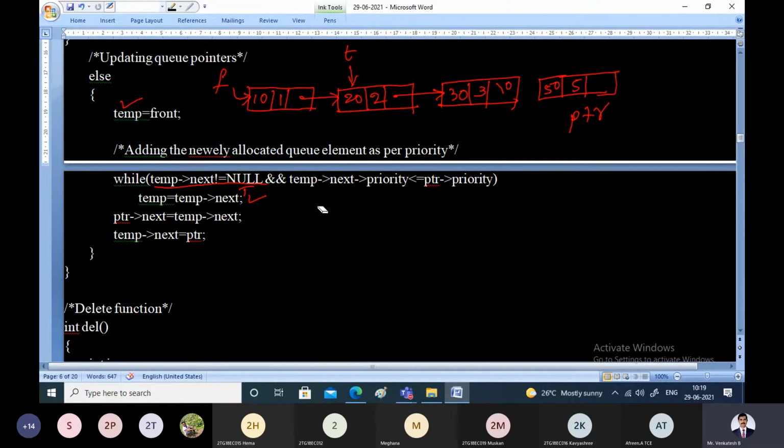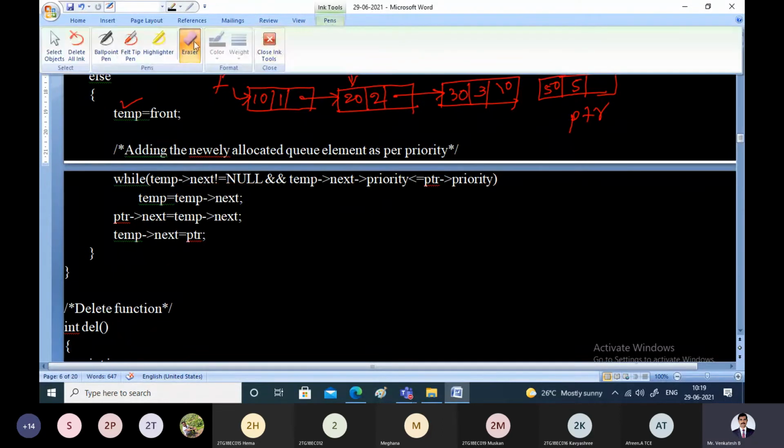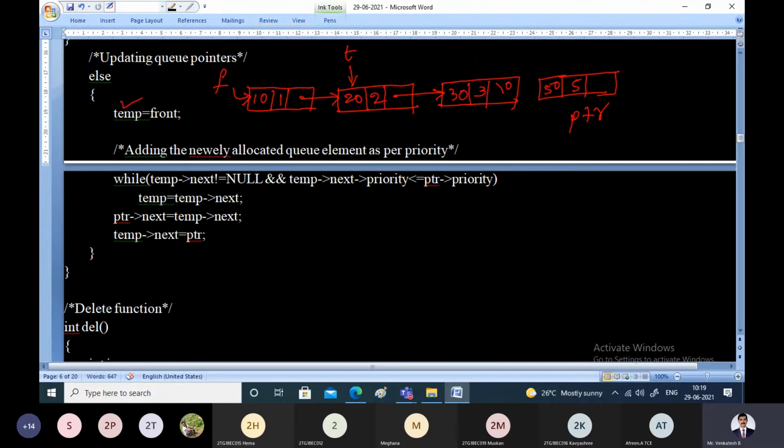Now let us iterate the while loop once again. Check the conditions. Temp pointer next, is it not equal to null? Temp is pointing to element 20. Temp pointer next is not equal to null because it is pointing to 30. It is true.